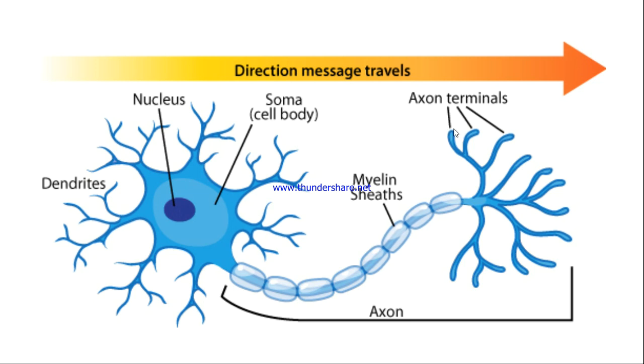These synaptic knobs release the information or the message in chemical form into the surrounding, and this space in between the two neurons is known as the synapse. So the chemical information is released from the synaptic knobs into the synapse, and then the dendrites of another neuron take the information and pass it on to the cell body, and from the cell body to the axon, and the process continues until the information reaches the central nervous system.